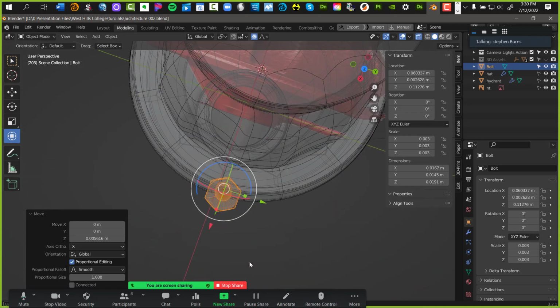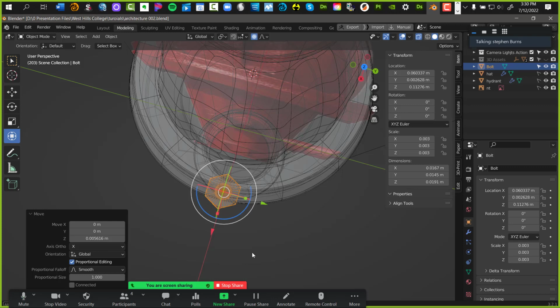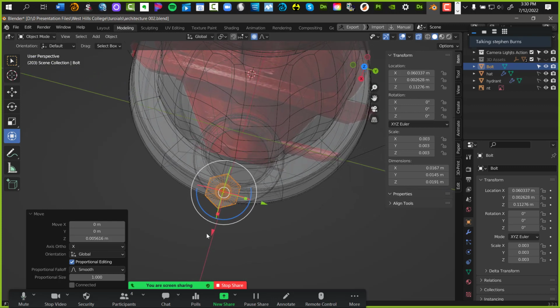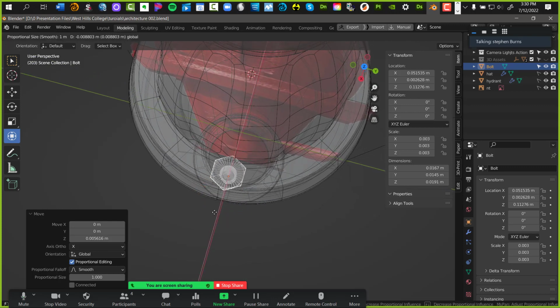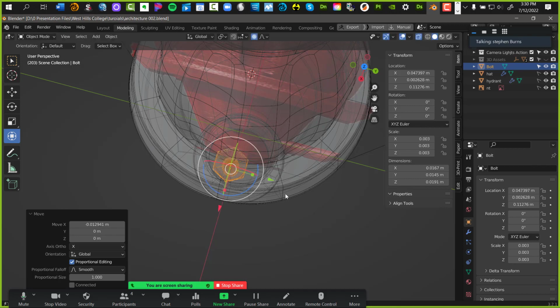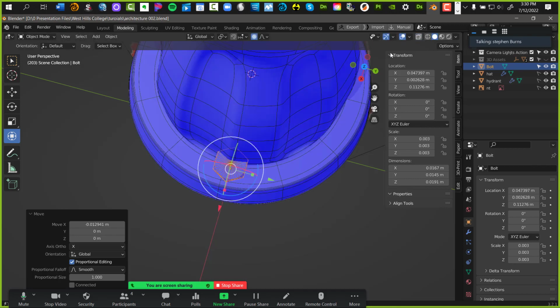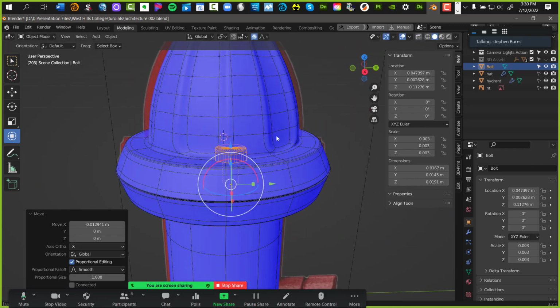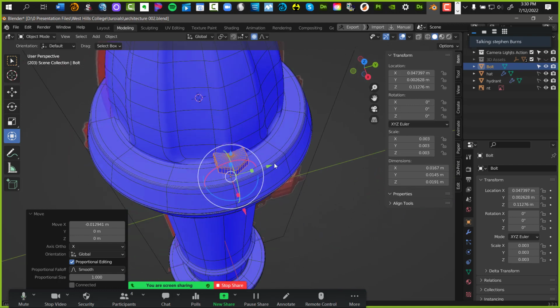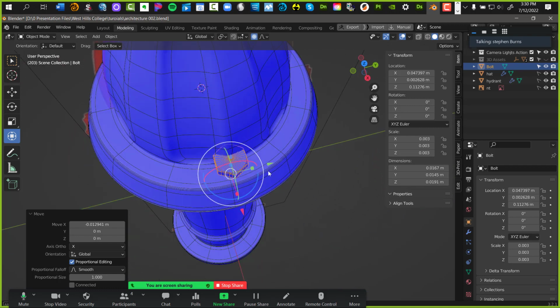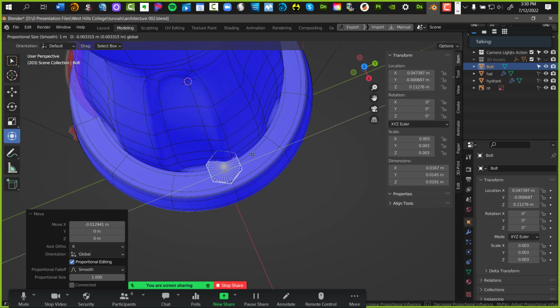So there it is. It's in place, but not quite. I'm going to move this over on the inside. I'm going to turn off the X-ray view because stuff is getting in my way. In fact, I'm going to do this correctly. Move this over right inside here.